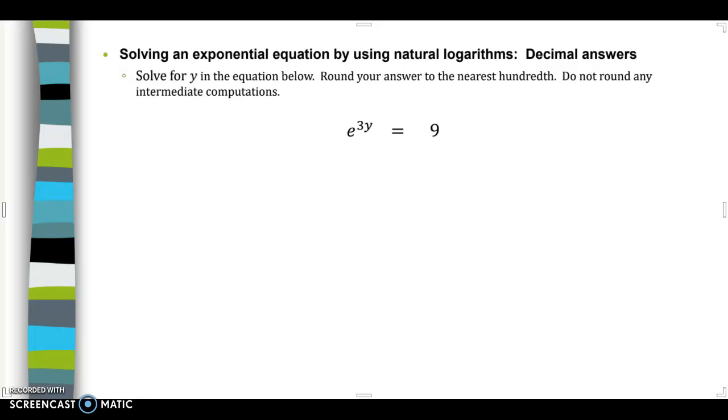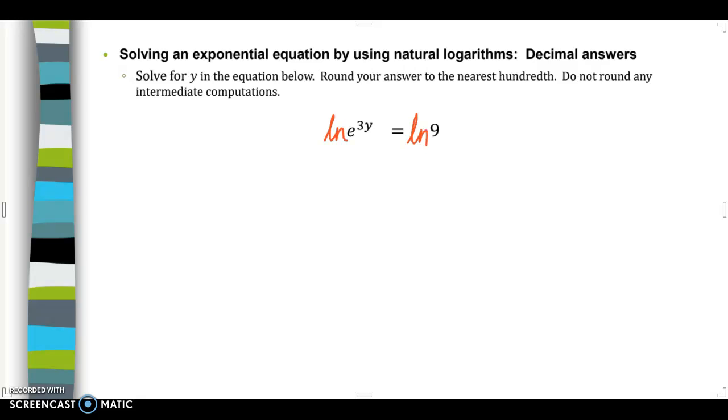Hey everybody, in this video we'll talk about solving an exponential equation by using natural logarithms, decimal answers. So for this problem we have e to the 3y equals 9. Now I have a previous video about solving exponentials using logarithms, but in this case we have a base e. So it makes sense to, instead of taking the log base 10, take the natural log